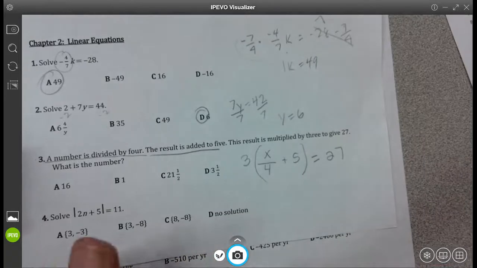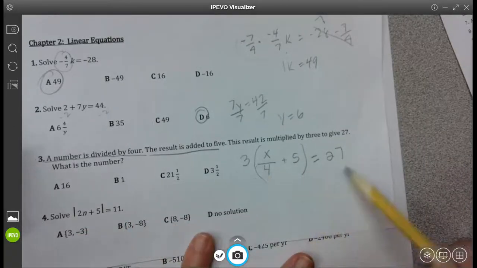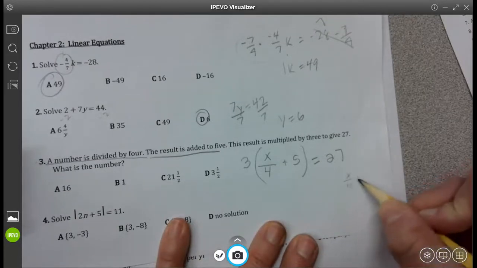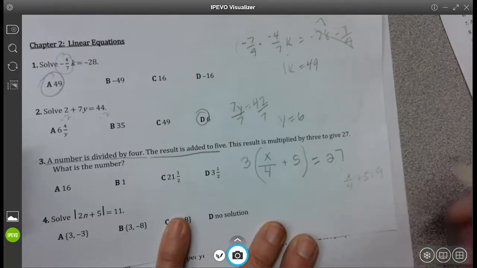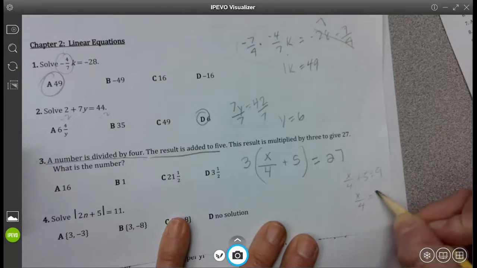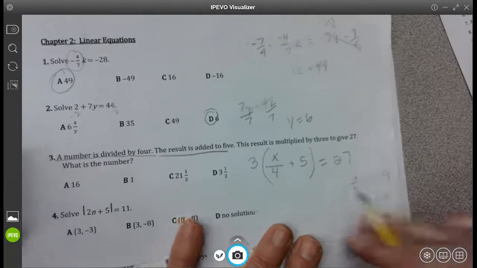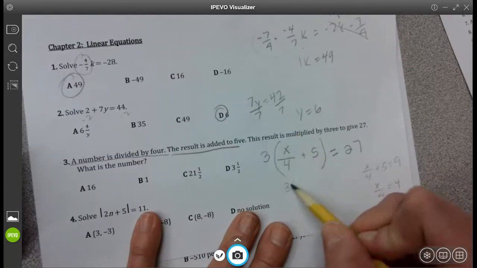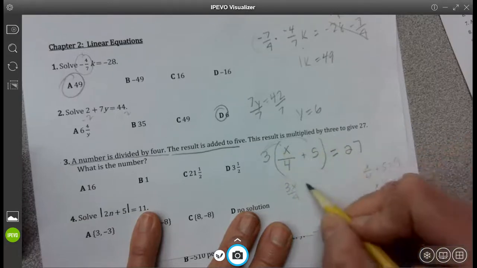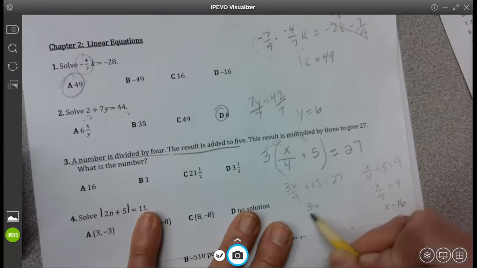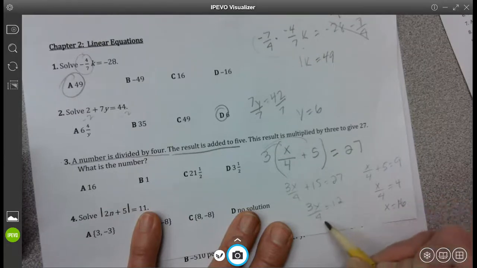All right, we can distribute the 3 if you want, or we could just divide both sides by 3 to begin with. If you divide both sides by 3, you're going to get x over 4 plus 5 equals 9. Then you would subtract 5 and multiply both sides by 4. But if your person's like, oh, I distribute to get 3x plus 4 plus 15 equals 27, you could do that and subtract 15, multiply both sides by 4, and divide by 3. You're going to get the same result. So either way,